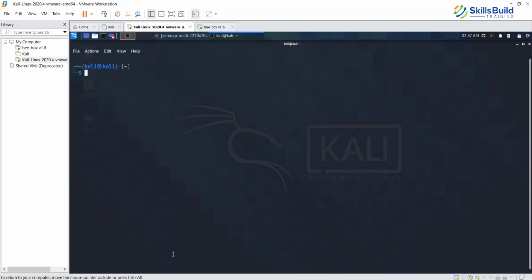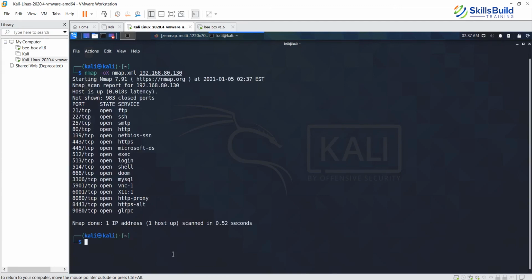So instead of N, I am going to replace that with X, say -oX nmap.xml, and the same system. So there you go. Now if I do ls, nmap.xml is generated.